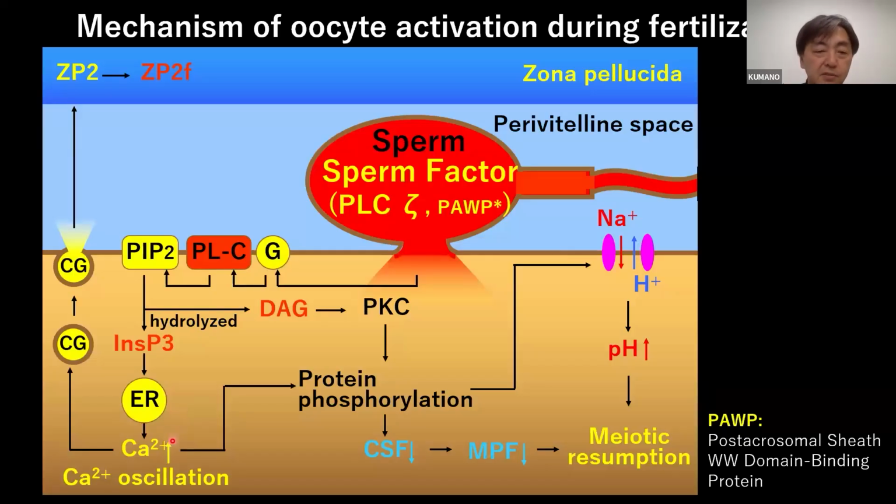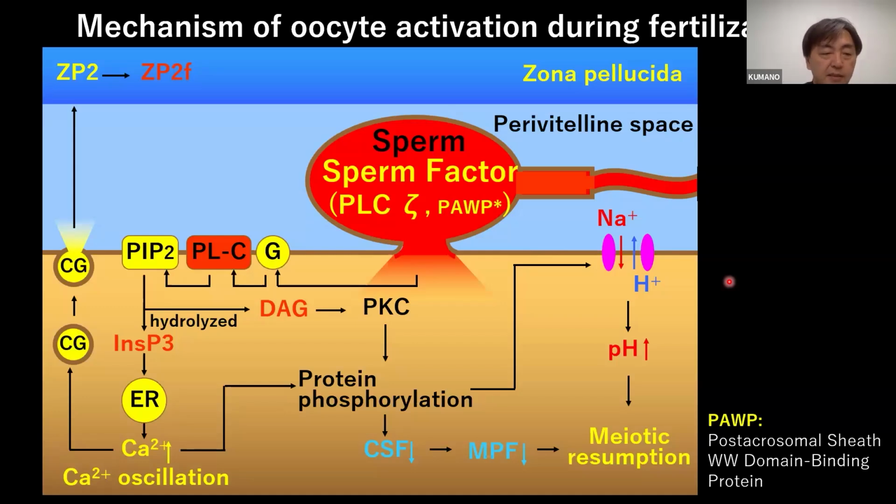I'm sorry, the first slide is slightly complex. This slide shows the mechanism of oocyte activation during fertilization. After the sperm penetrates the zona pellucida, the plasma membrane of sperm and egg are fused. And after that, the sperm factor, namely PLC zeta, comes into the ooplasm. And then the G protein structure is changed, and as a result, phospholipase C is activated,